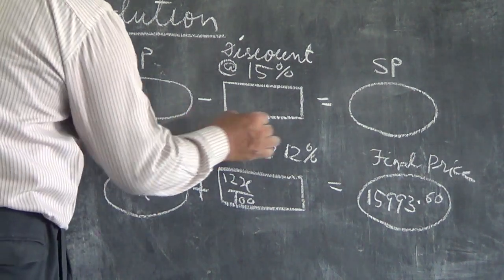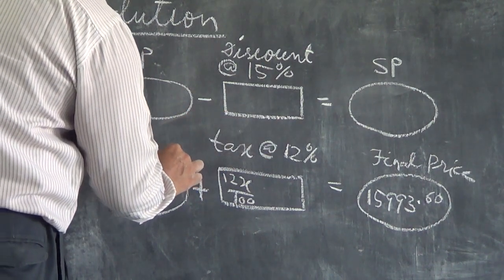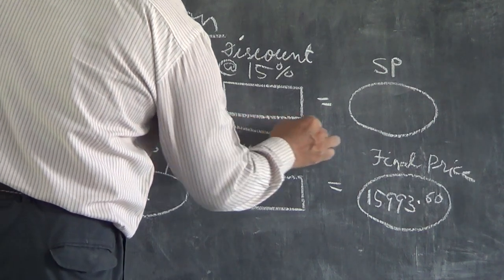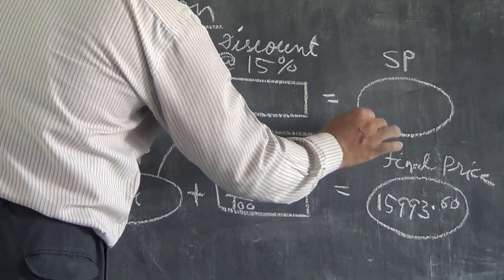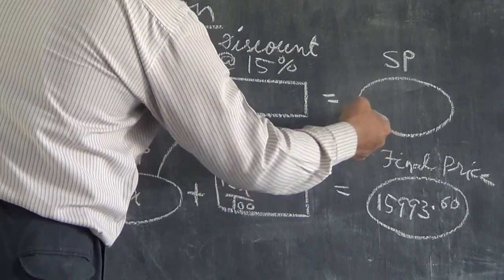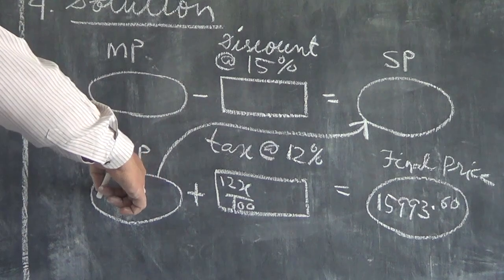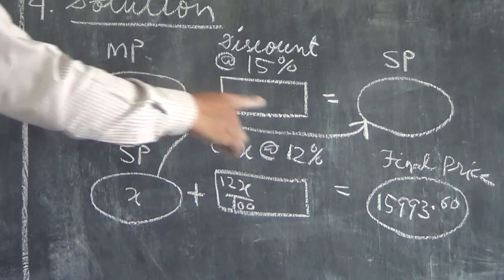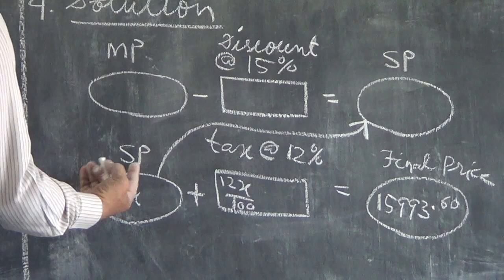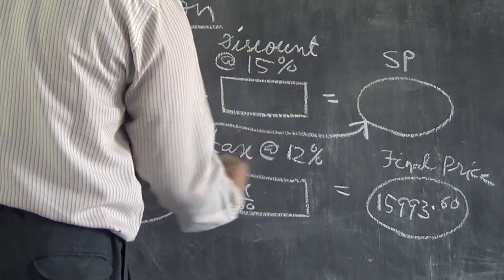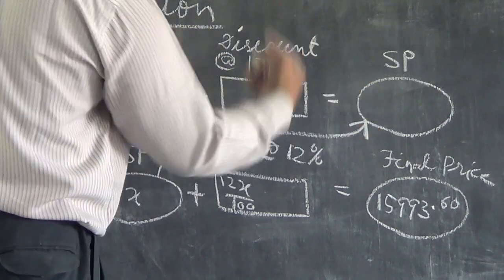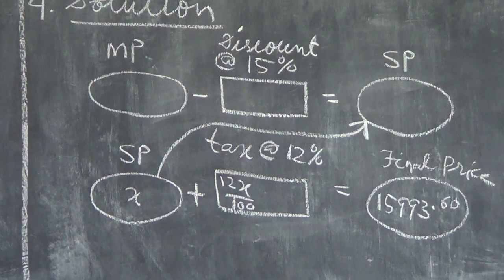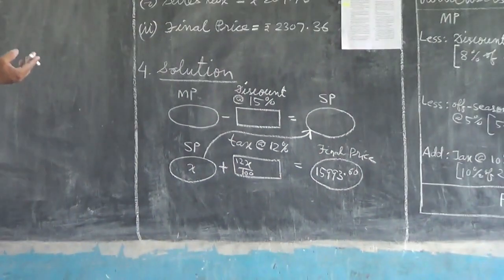Because now you see this SP will flow here, because we are going backward now, children. In that model, I had drawn one arrow from this SP to this SP because MB was given. Now final price is given, means we are going backward. So this SP will flow up, there is no flow down here, it will flow up now. So I have to calculate here this X, whether you say X or you can say SP.